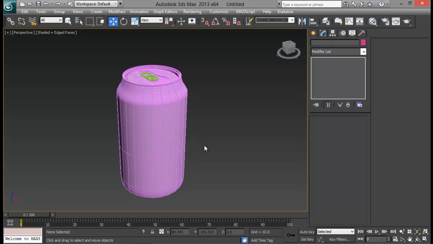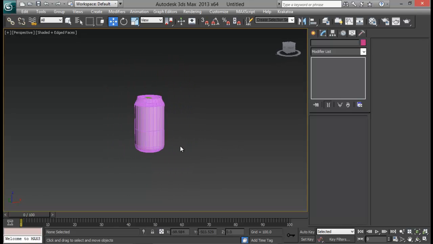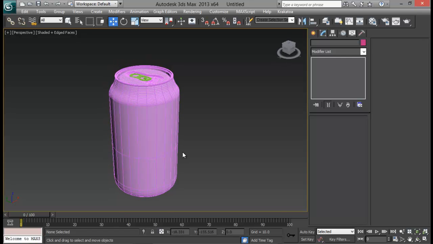Okay, so the modeling part is over, so we'll see you guys in the next lesson, where we will look at how we can render this can and add in some water droplets and texturize this can. So see you guys in the next part,